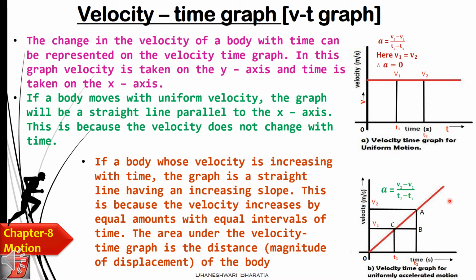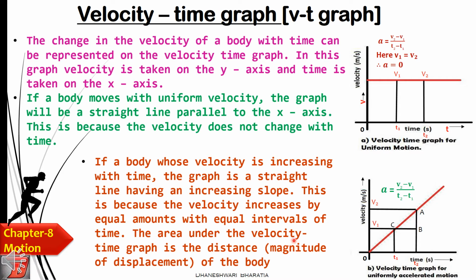Next, the velocity is increasing with the time and the graph is a straight line having an increase in the slope. यानी एक्सेलरेशन बढ़ रहा है, यहाँ पे एक्सेलरेशन ज़ीरो है, एक्सेलरेशन बढ़ रहा है. Why is acceleration increasing? Because with the change in the time, at regular intervals of time, the velocity is also changing at regular intervals of time, isn't it? So it is known as the uniform accelerated motion. Yes, this is because the velocity increases by equal amounts in equal intervals of time.